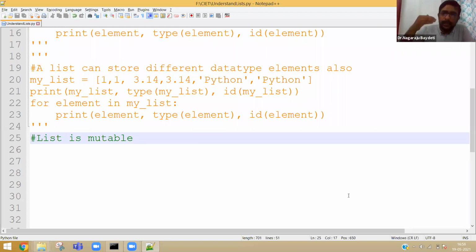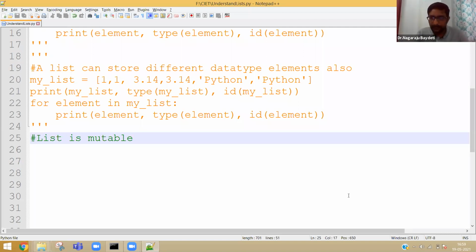See, list can have the same data type elements also, Syed. I am not saying it is wrong. List can be empty, list can have same data type elements, list can have different data type elements. All three are correct, Syed.